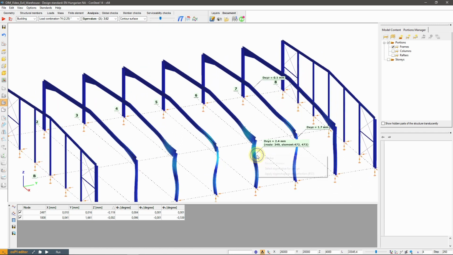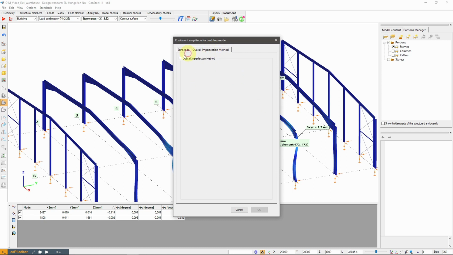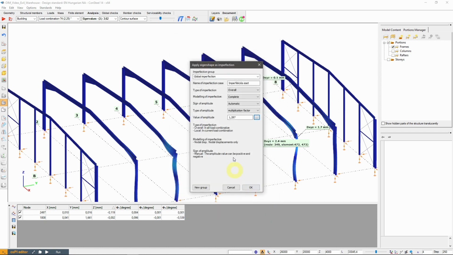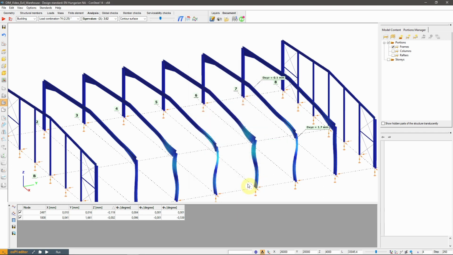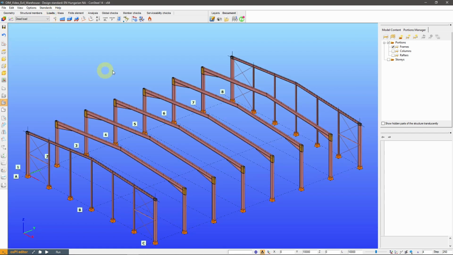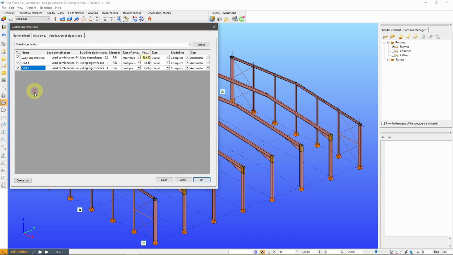Then apply the third buckling shape for additional loads around the frame corner. After that, the additional loads from these two imperfection cases representing the buckling phenomena will be superimposed along with the sway imperfection case.